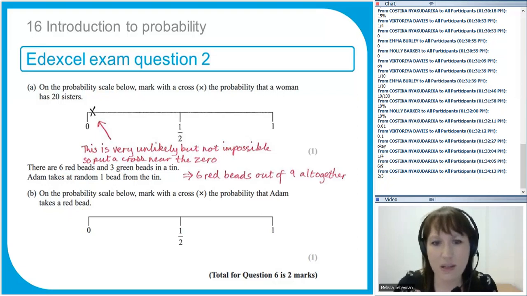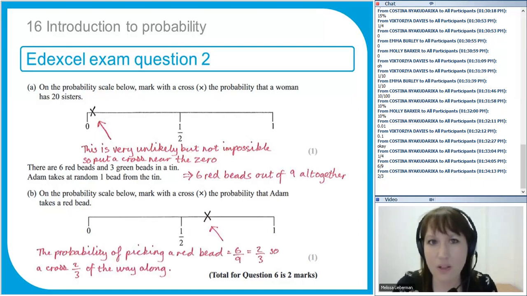Just write that down. So 6 out of 9 altogether is the same as 2/3. So you can say, well, 1/3 is about here, 2/3 is about here. So that's where you want to put your mark. It will give you an error margin, and if you've got a ruler with you in the exam, and you should have, it might be an idea to measure the line, find 2/3 along a bit more accurately, and draw the x. But the x will be about there, about 2/3 of the way along. That makes sense? Perfect.